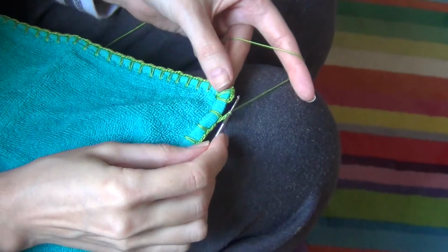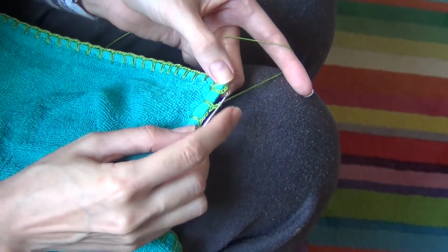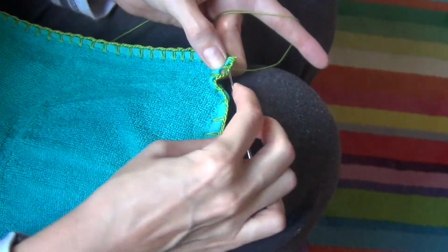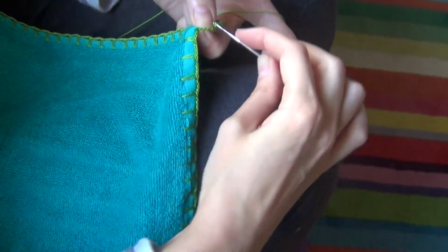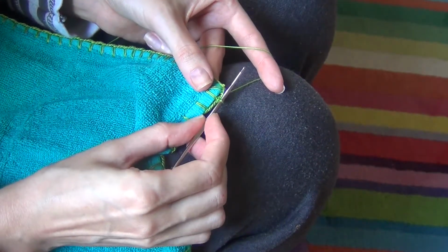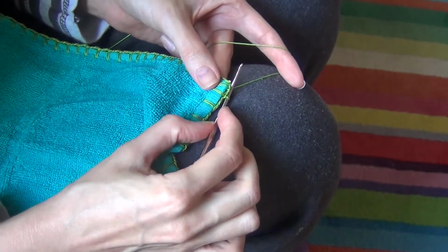I've now come to the end of my border. I'm back to where I started. I'm just going to do a slip stitch into the very first stitch to end off this row. And that's the last time that I'll be using this sharp crochet hook, or not the last time, but for the purposes of this